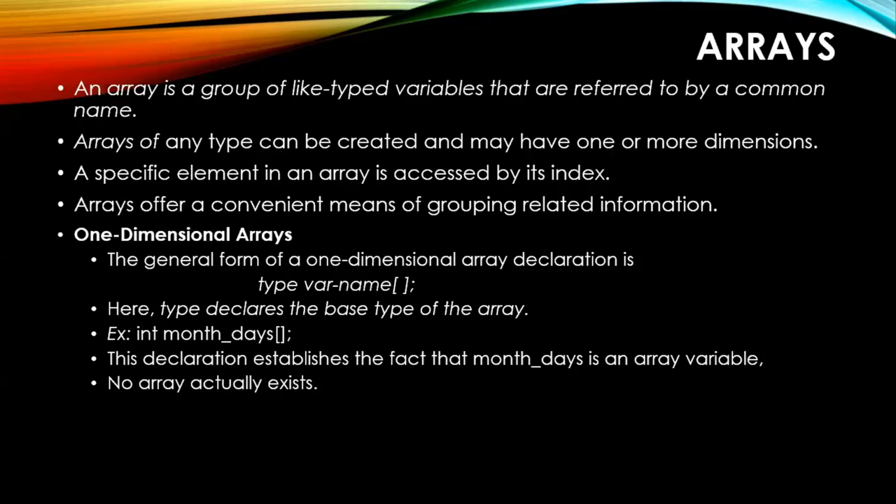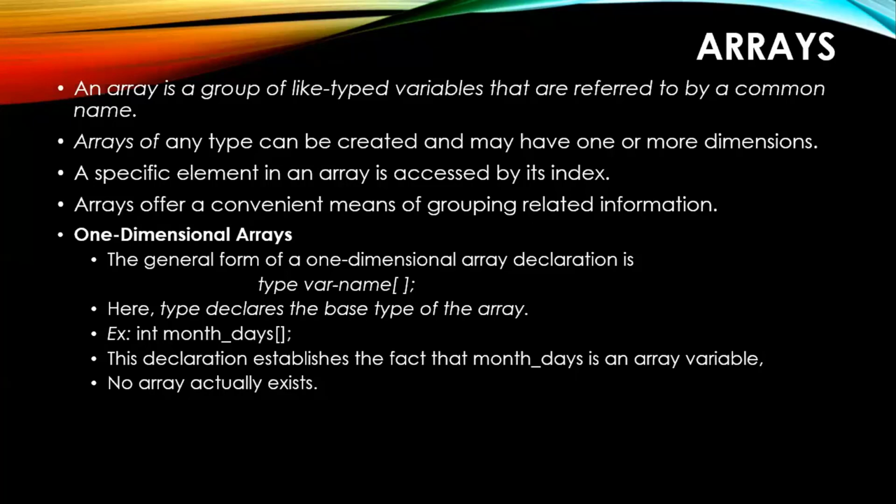In Java, you have to use a keyword called new to make that logical existence of the array a physical existence. Did I make it clear? Can you relate it to your normal C language and Java? In C language, if you declare an array, the memory is allocated for that array; even in the declaration itself, once it processes the declaration statement, it allocates memory for the array. But here it is not the case.